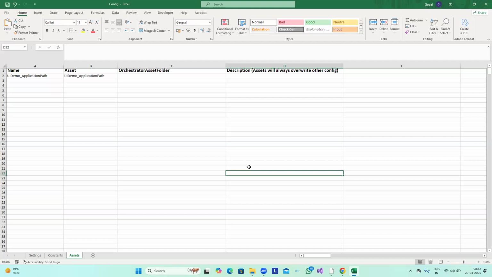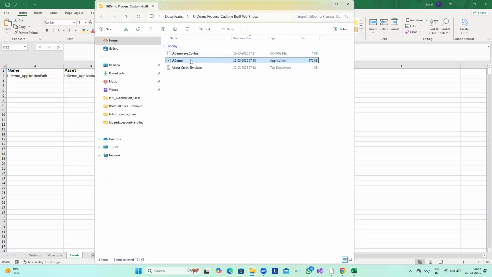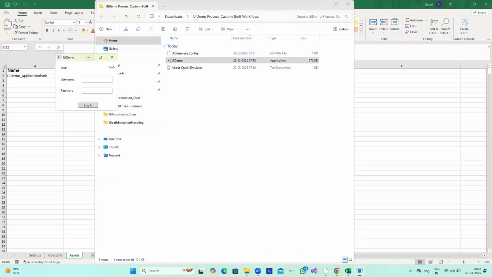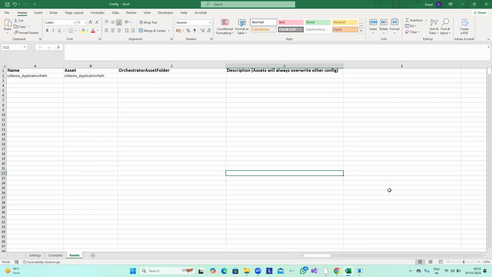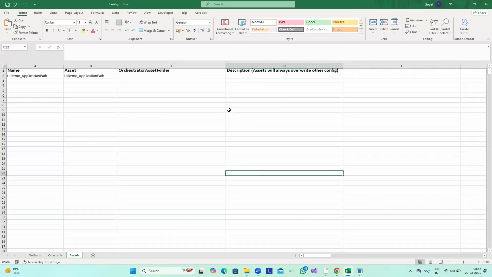My question is very simple. You have a credential asset. I have this application, UI demo, which requires a login first, and it requires a username and password. My question is, if I need to store the credentials, because the config file is already present for me, and it has a setting tab, a constant tab, and an asset tab. And to store them, I cannot